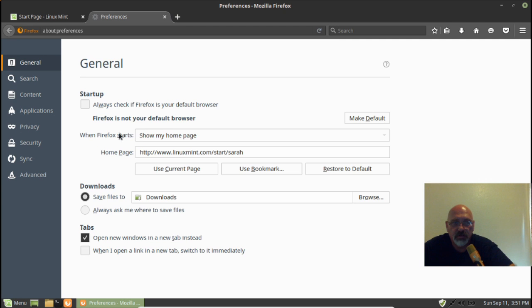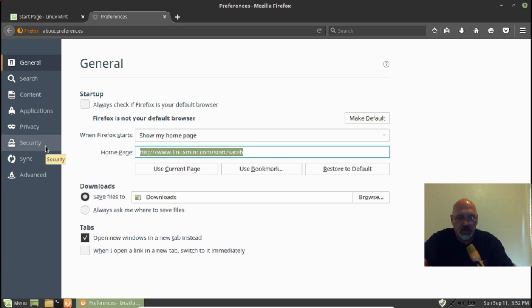When Firefox starts, you can start with your home page. I'm going to change the home page to Google. So it's going to be https://www.google.com/